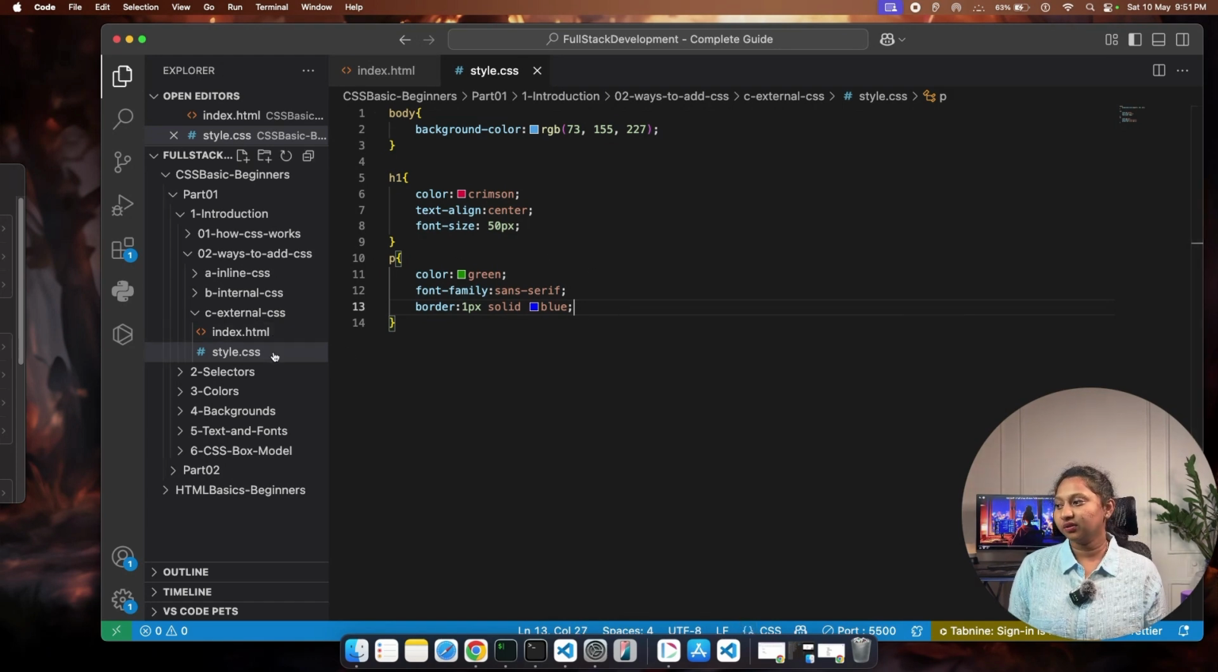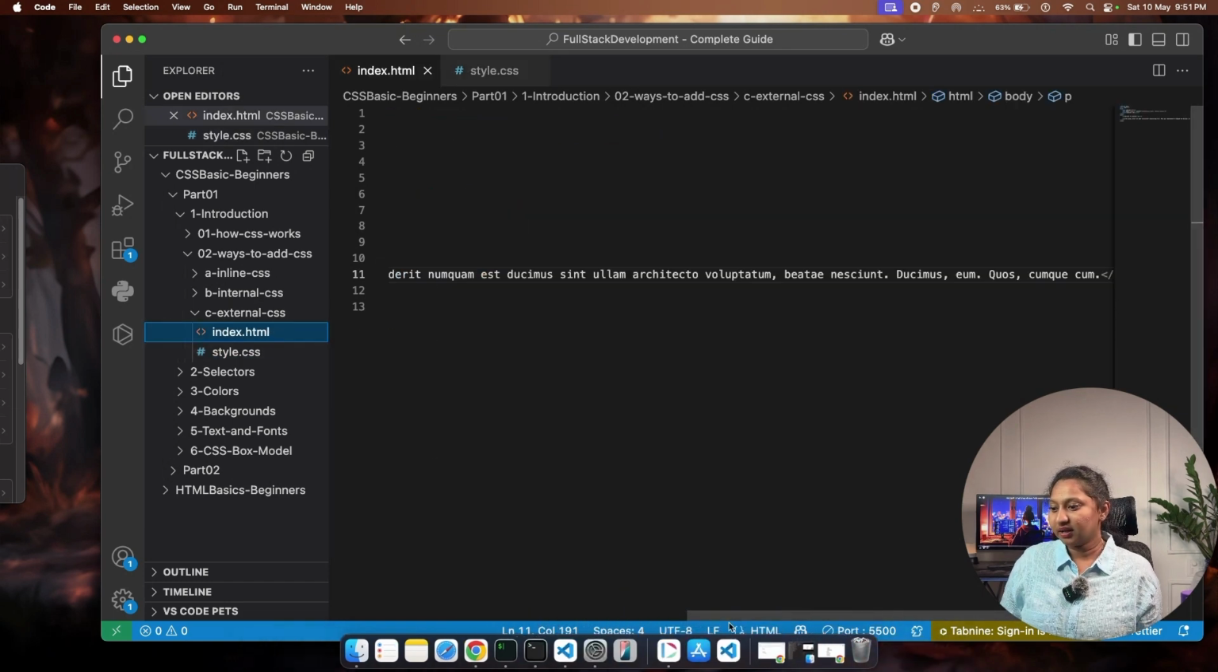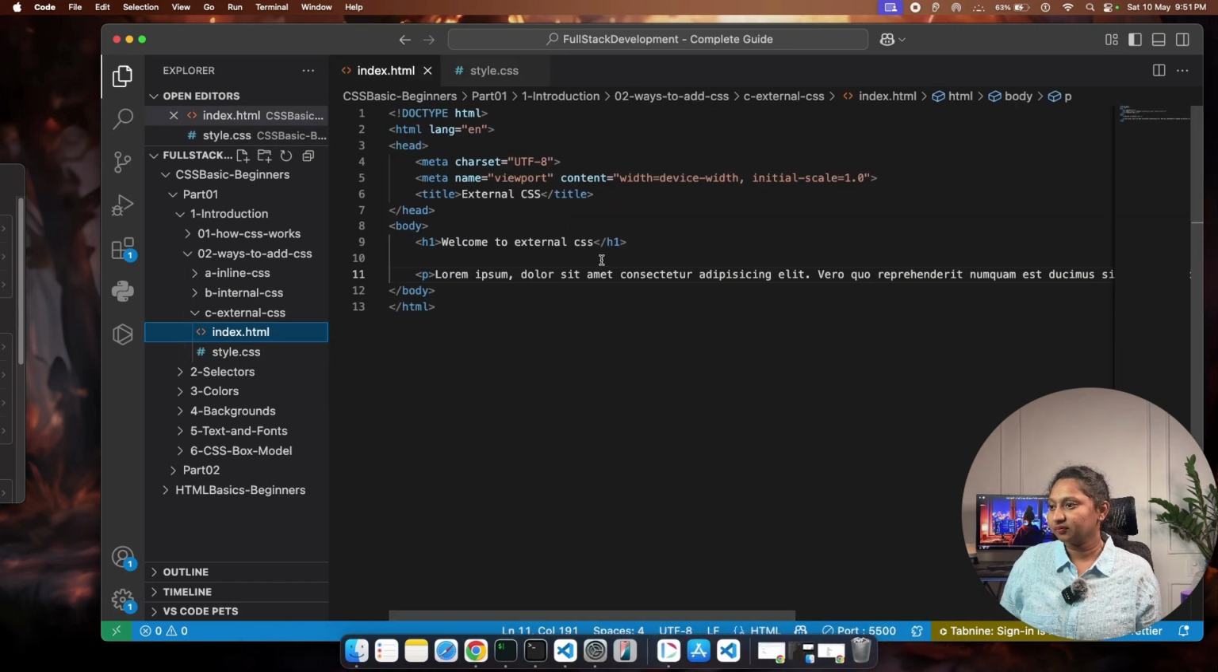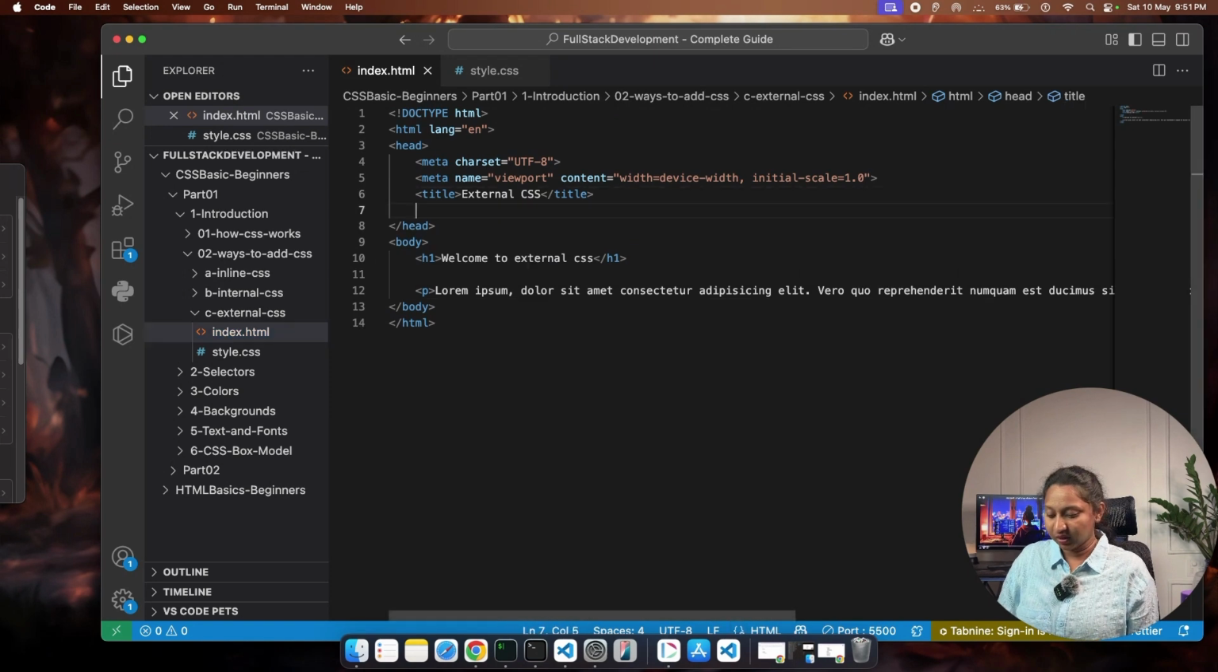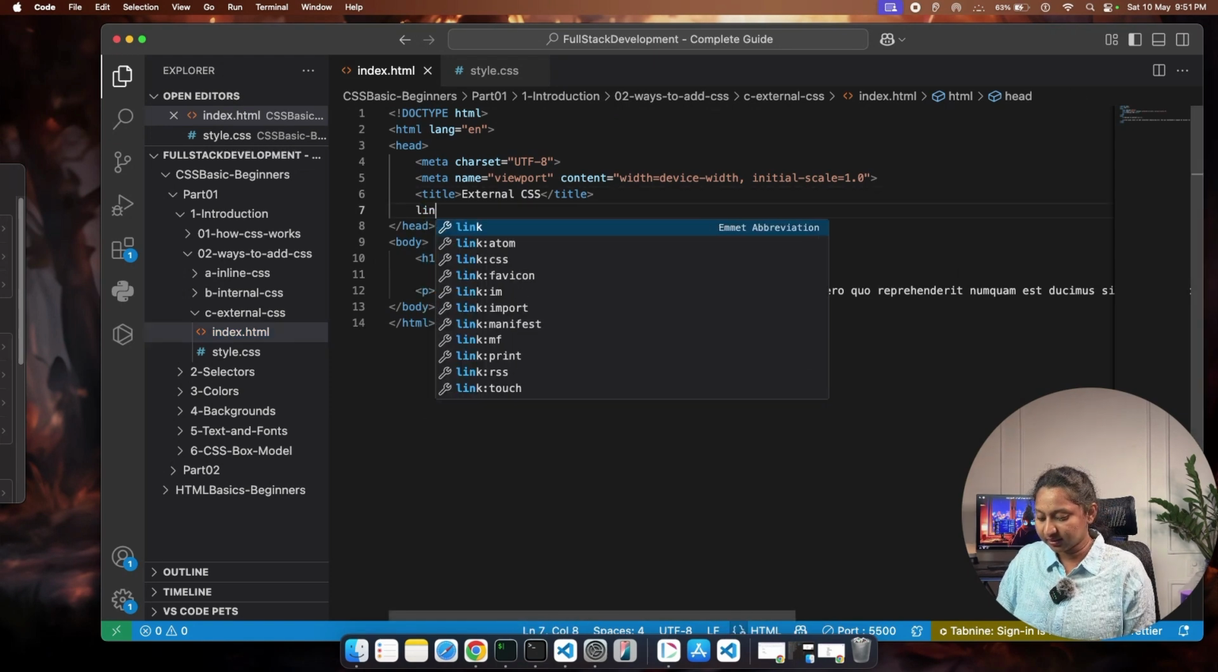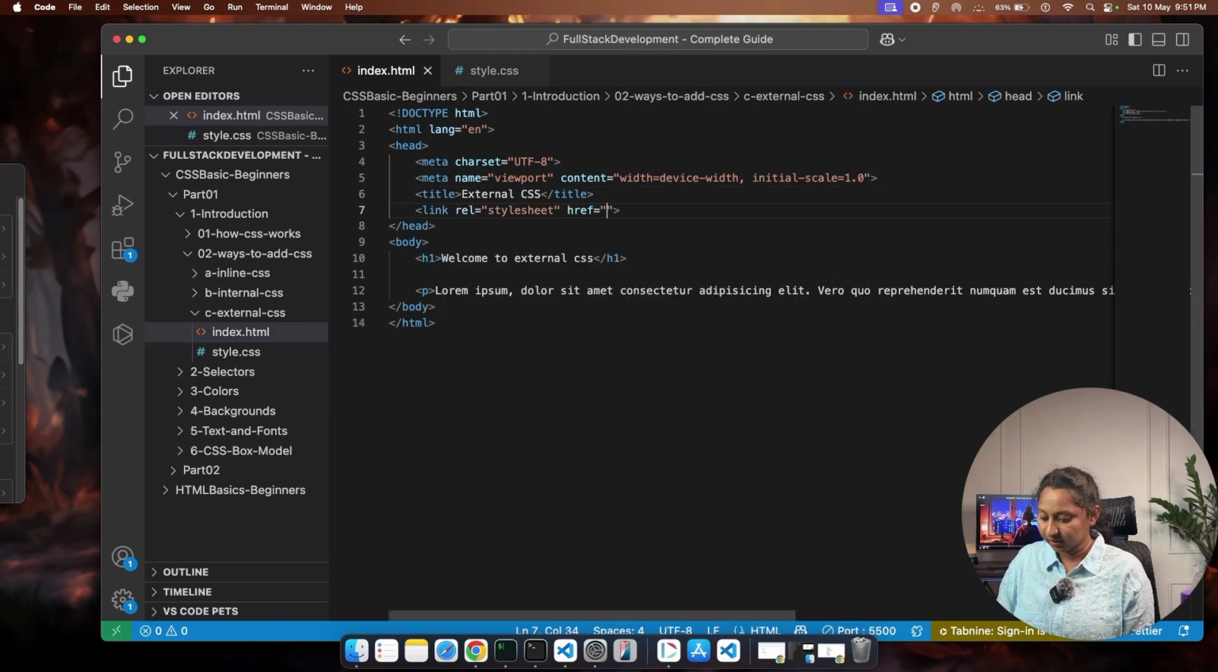Before this, if you want to link this style file in the HTML, in the head section, you have to link the CSS file by using the link tag. You have to specify the file name in this place. What is the CSS file name? Style.css. If you see the output,